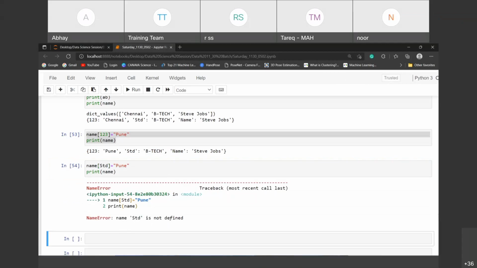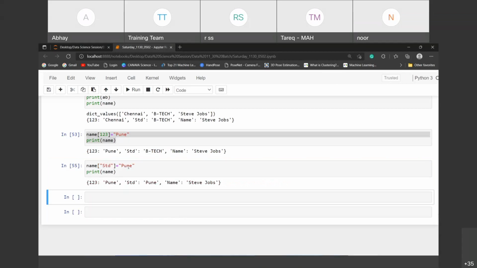The name yesterday is not defined. Why? It should be like a string. Check out. That's it. This becomes Pune. Yesterday's value is Pune. So this is the difference. And I already told you, you cannot add duplicate keys into a dictionary. You can pass duplicate values into a dictionary. Okay, Pune is allowed, but a duplicate key like yesterday is not allowed.